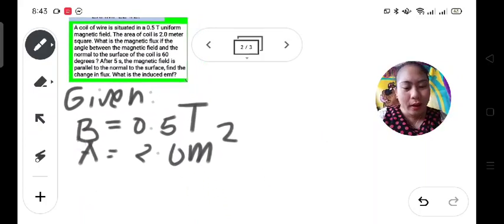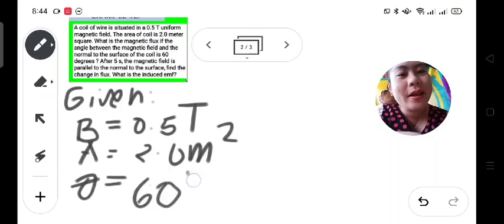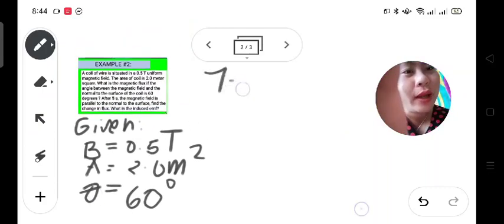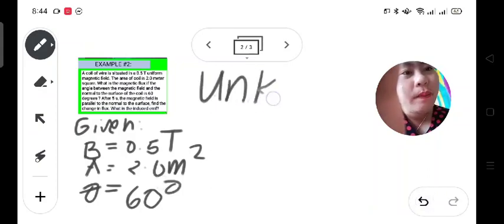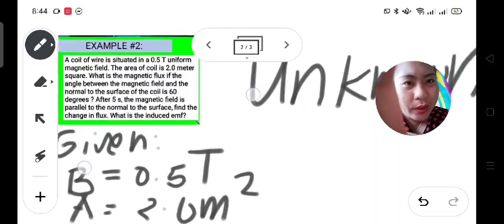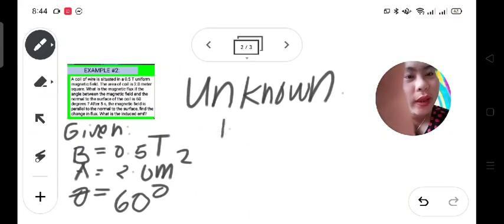Next, we also have, ano pa yung nandyan? What is the magnetic flux if the angle of the magnetic field and the normal to the surface of the coil is equal to 60 degrees. So, meaning, the angle is 60 degrees. So, we are done with the given. Then, let's proceed to the unknown. For our unknown, yung una nating unknown is, what is the magnetic flux? So, that is the first unknown. Okay, let's put here A. Our unknown, letter A, is